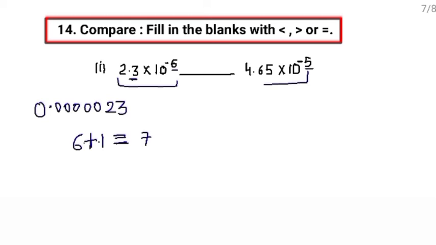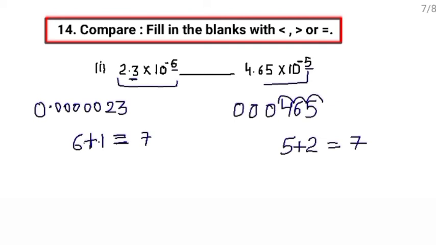Again, there is 10 raised to the power minus 5. It means we are dividing by 10 raised to the power 5. So how many zeros will be there in 10 raised to the power 5? Of course 5. And already we have 2 decimal places because after the decimal there are 2 digits. So now after the decimal, how many digits will be there? 7. Clear? So right here 1, 2, 3, 4, 5, 6, 7. This will be equal to this.